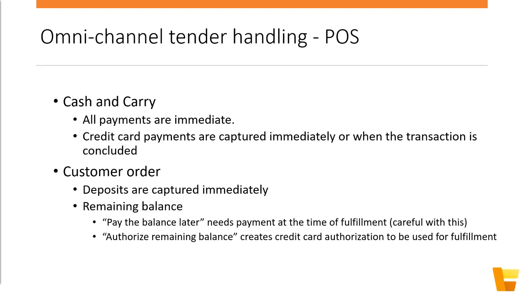And what happens is that you create a customer order at the point of sale. No payment is designated for when that order is fulfilled. And that order can be fulfilled in the back office, and then there will be a balance on that customer's account. So I say careful with this in this slide because a lot of merchants don't want to do this. So we have the ability to disable this in the back office. And in part 2 of this on Tuesday of next week, for that tech talk, I'll talk more about some of these configuration options and how to enable and disable these scenarios.